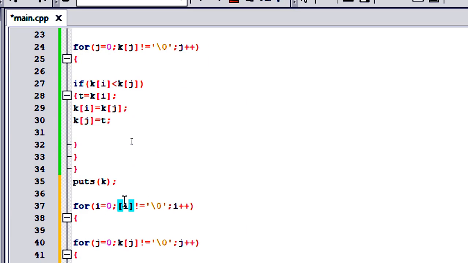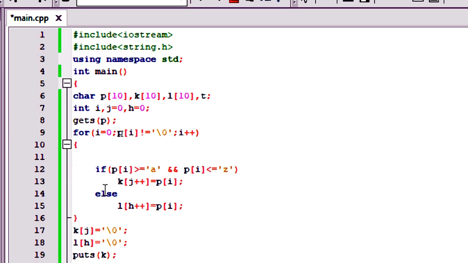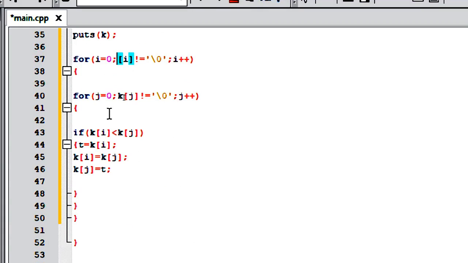Here we are using K. Now we have to take L, because now we are dealing with number characters. So we are sorting the numbers which are in the form of characters. Just change K to L because we are dealing with the L array.